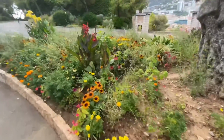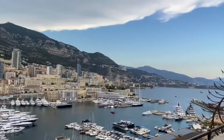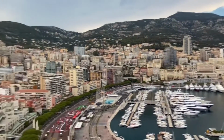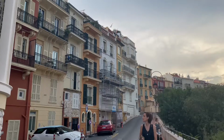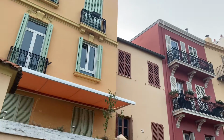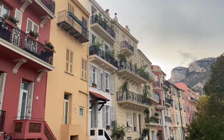It's totally worth going up the mountains to get the views of the sea and the boats, and you get to see more colourful buildings that are more hidden, more private, so it's just even better. And here is my favourite view of the mountains with the sea and the boats. So incredibly beautiful, and some beautiful colourful buildings are here. These are some of my favourites that I saw, just because of the diversity of the colours and how personalised